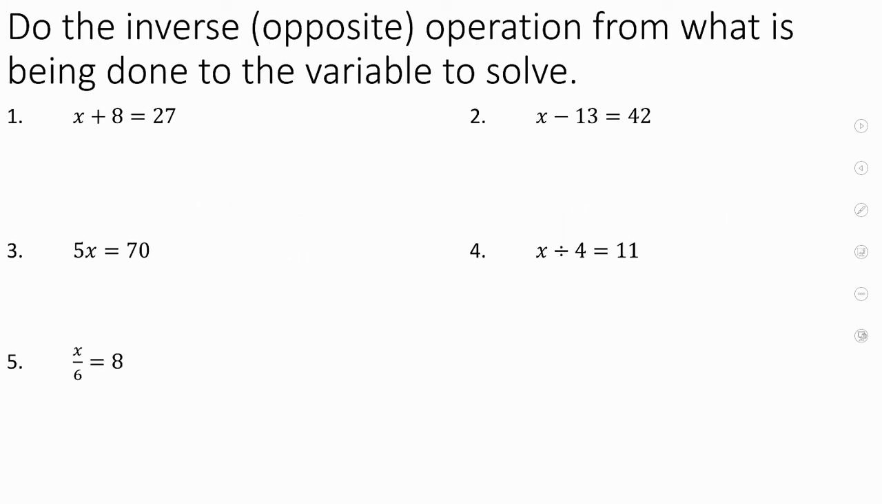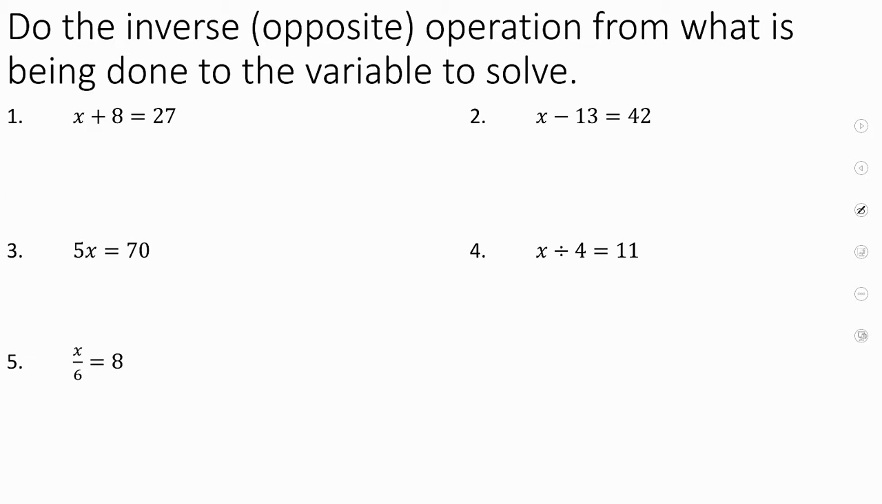When you're taking a look at a one-step equation, what that really means is that you have a variable and one operation happening with that variable, and then from there it's equal to a number. So in our first one here, for example, x plus 8 equals 27, there's that one operation happening. So when you're solving these one-step equations, really what you're doing is the inverse operation, or the opposite operation, from what is being done to the variable in order to solve. So if we take a look at that very first one here,